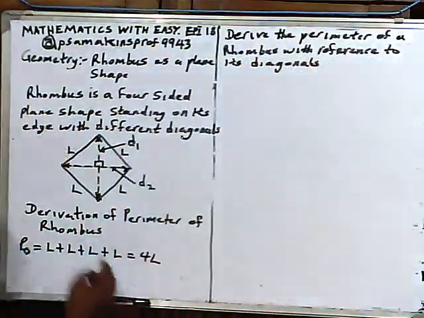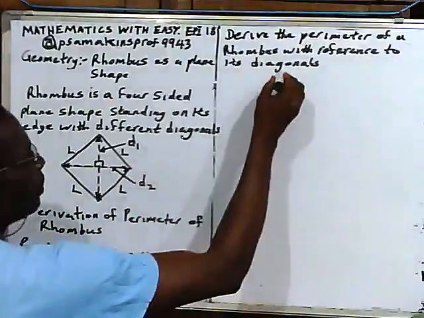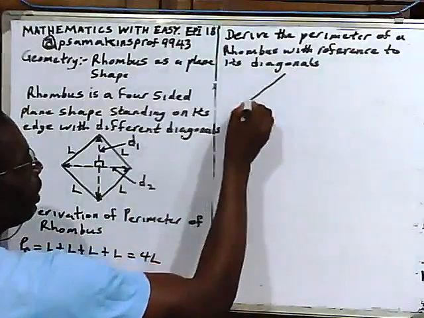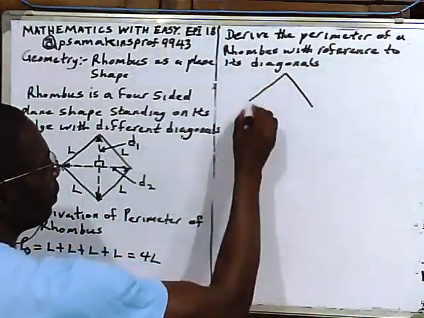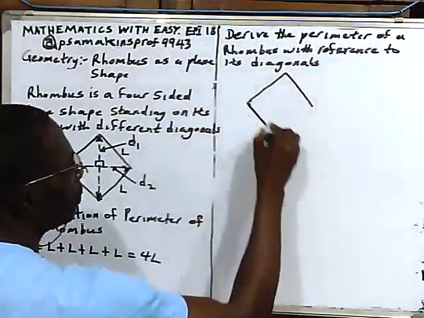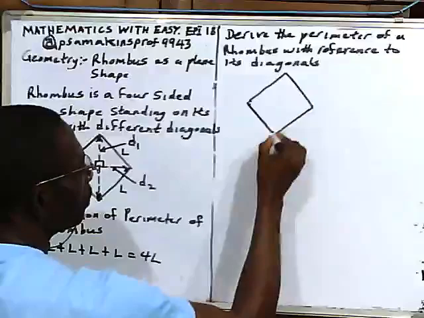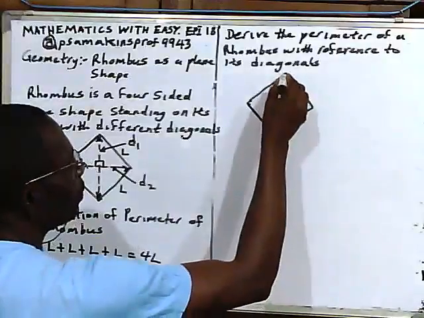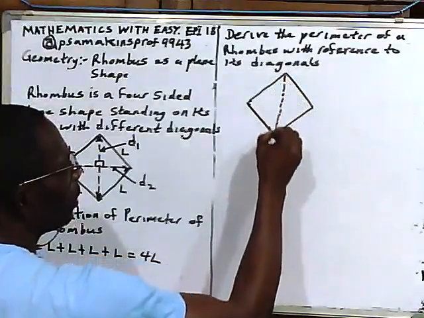So we want to derive this with respect to the diagonal. So let's have this shape. Let's have this rhombus. This is the rhombus, and this is